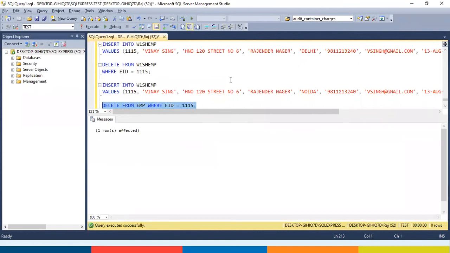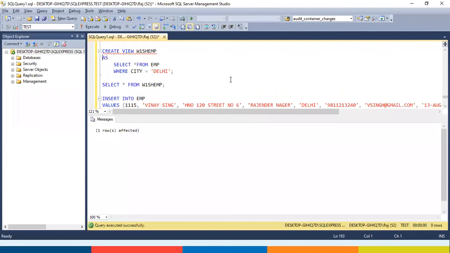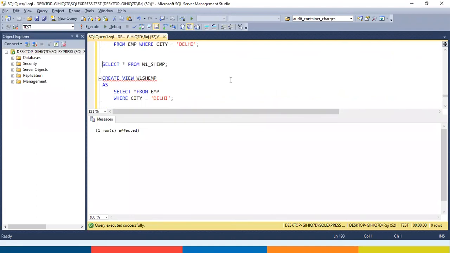The record has been deleted, and I will recreate this view. So I will say drop view W1SHEMP.